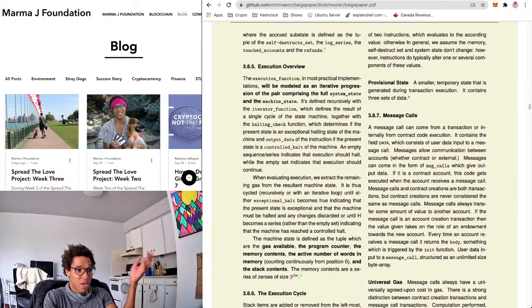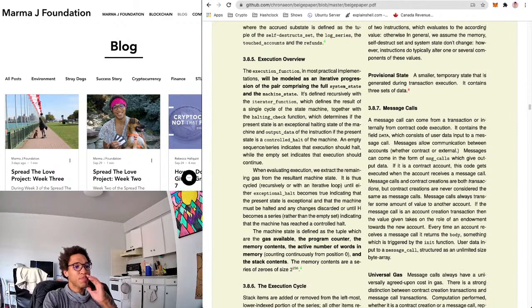Oh man, maybe I'm wrong here. Maybe it's saying that you don't want exceptional state or... no. Yeah. You want a full series. You want a full series. Sorry, I wasn't mistaken. I said it correctly the first time.